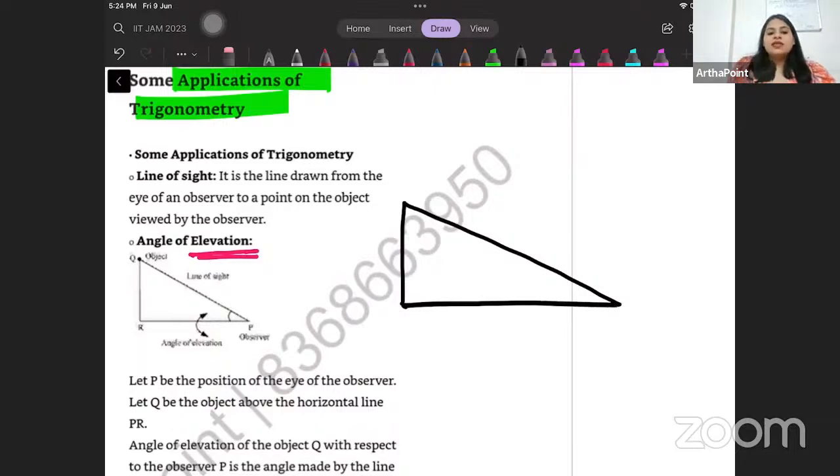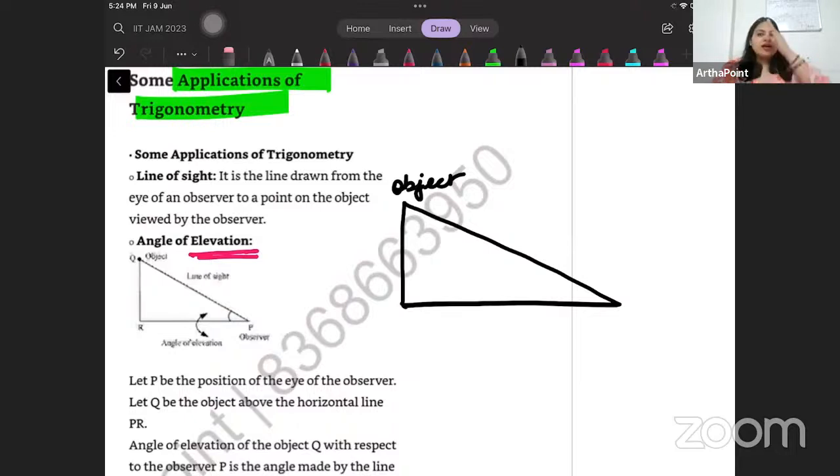Then this is the object. There is something which is known as a line of sight. The line of sight is the line drawn from the eye of the observer